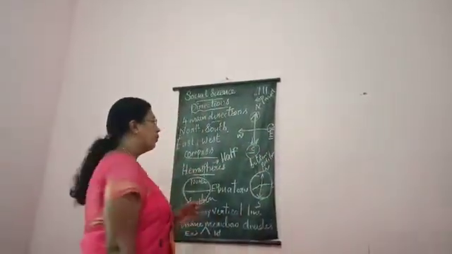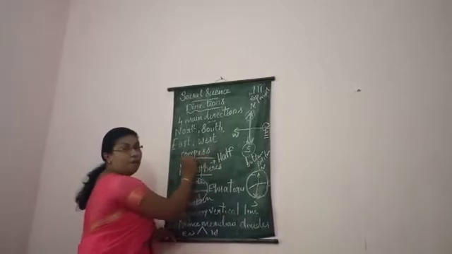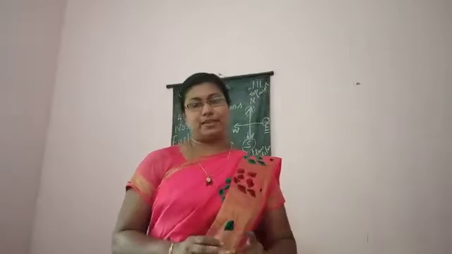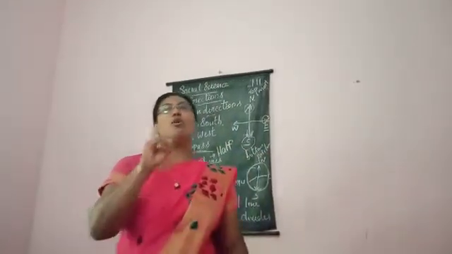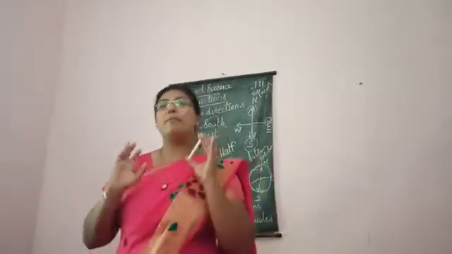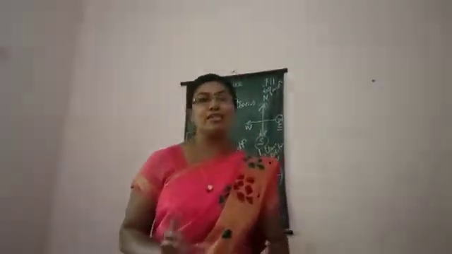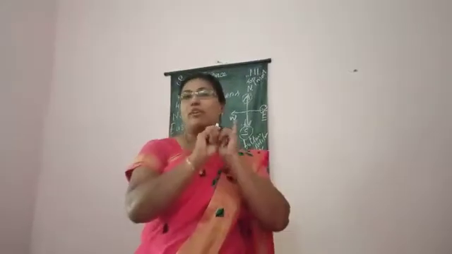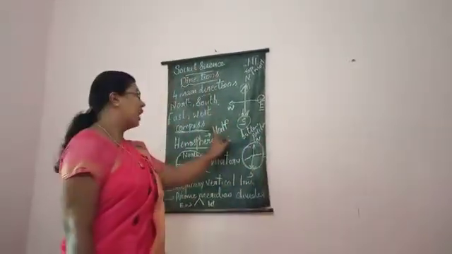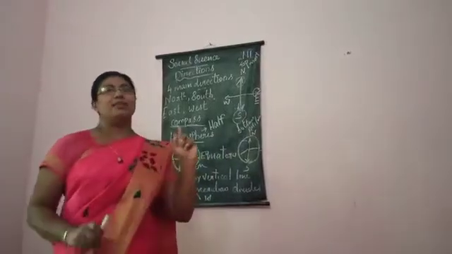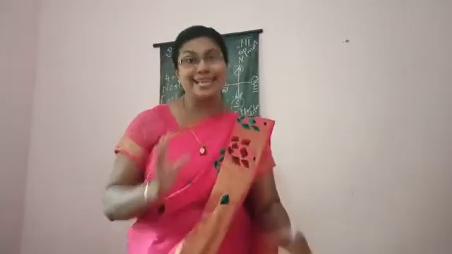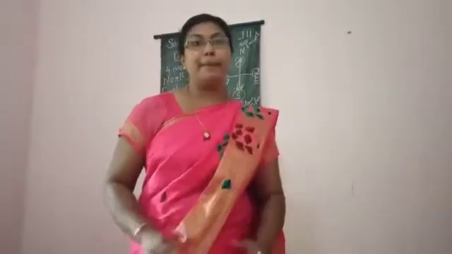So next we are moving to the next point, compass. I know you know only one compass, that is in our maths instrument box. One instrument is there, known as compass. This is not that compass. This compass is an instrument used by the sailors and the people traveling in the sea.